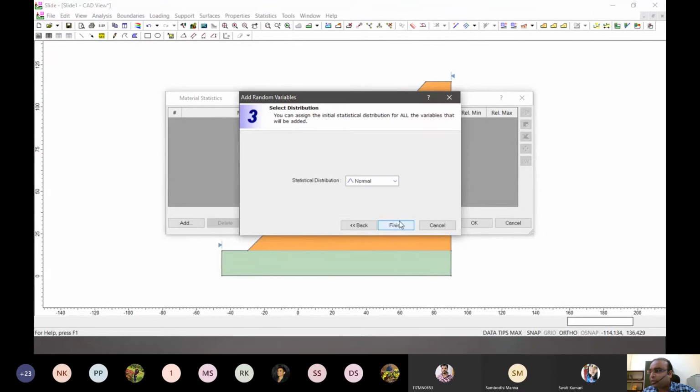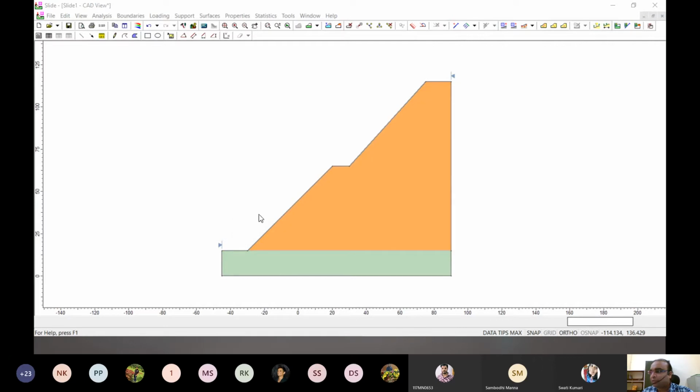We click next, and now it asks which kind of statistical distribution we want to give it. We have already discussed that there are many kinds, and some of the options it is giving are normal distribution, uniform, triangular, exponential, log normal, gamma, beta. Since we now have an idea what these actually mean, let's just start with the normal function and finish.